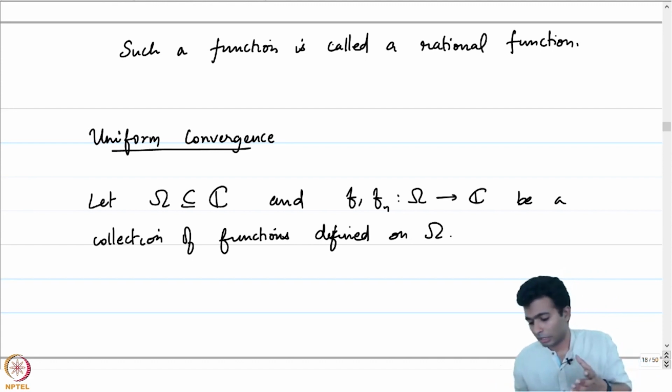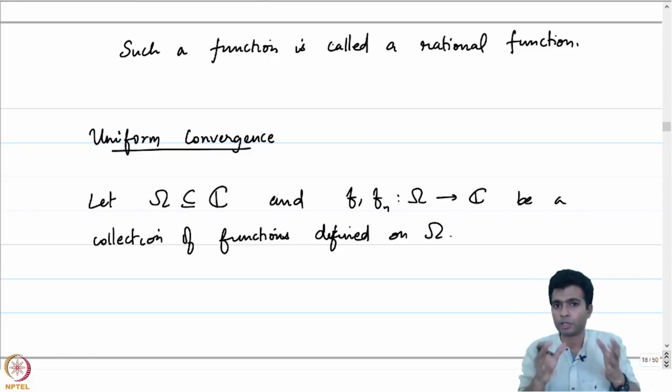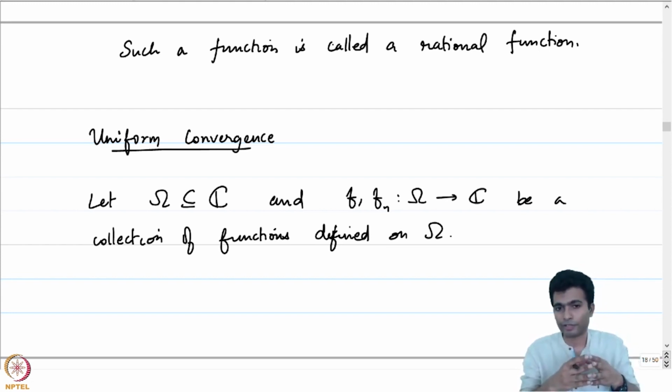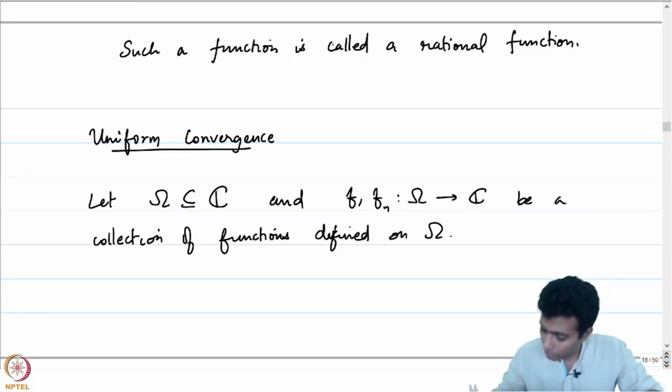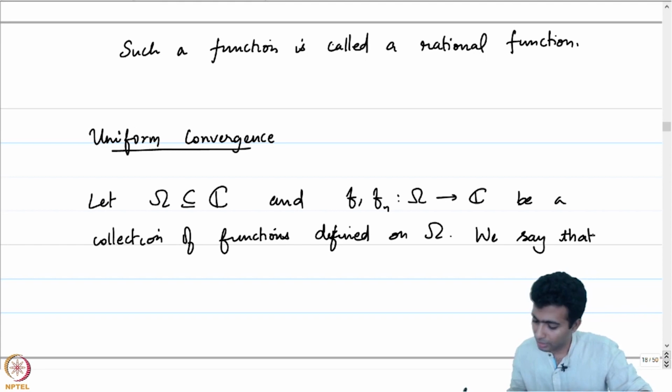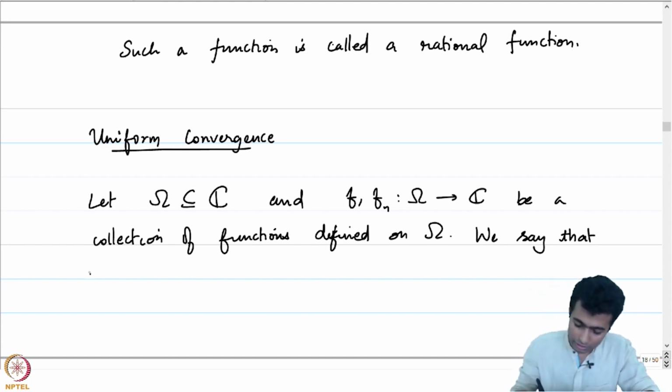We say that the sequence Fn of functions converges uniformly to f if, given an epsilon positive, there exists an n large enough such that Fn of x is epsilon close to f of x, irrespective of the point x. Let me write that down. The n is not dependent on x; that's what I meant when I said irrespective of the point x. So we say that the sequence